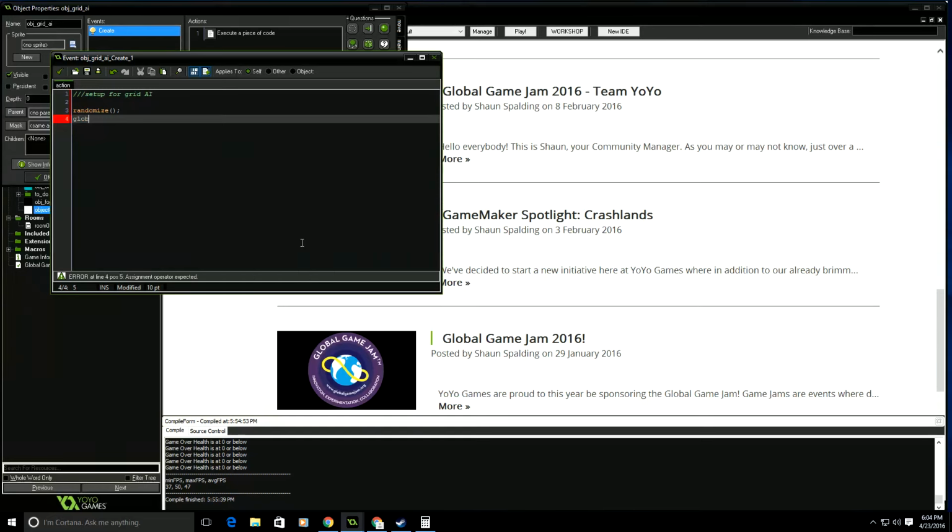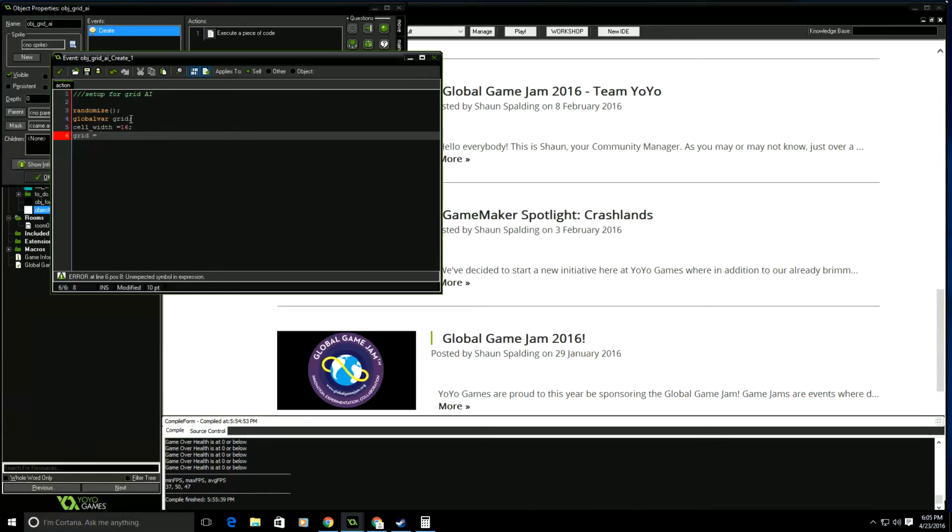I'm going to declare a variable here, and this is going to be global. That means it can be accessed from every single object, and that's important for this. It just makes it a bit easier for us to access the grid from the enemy object. The cell width is going to be equal to 16. So I did say 32 before. I think we'll go with 16. It'll make it a bit more accurate. And the grid